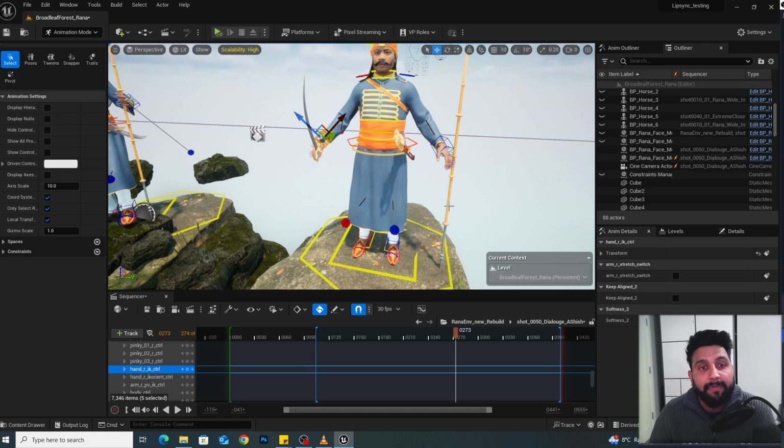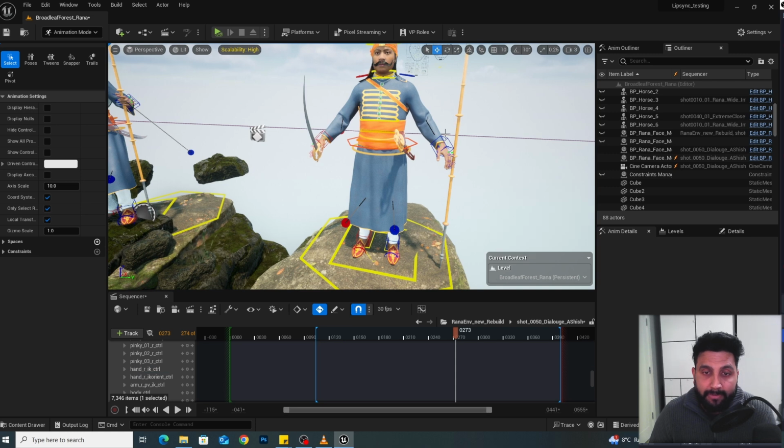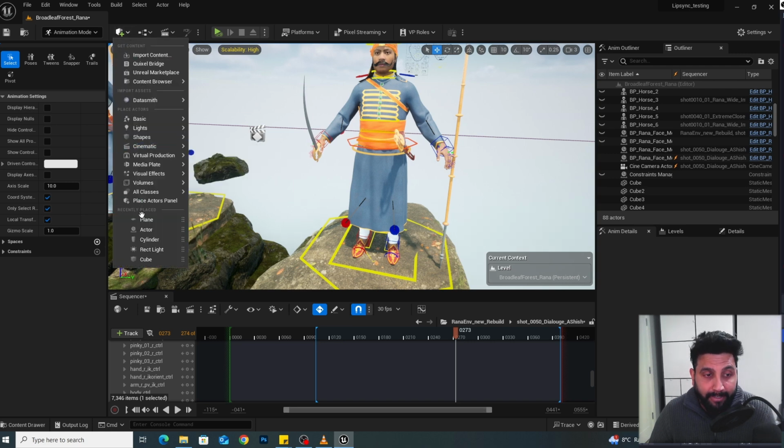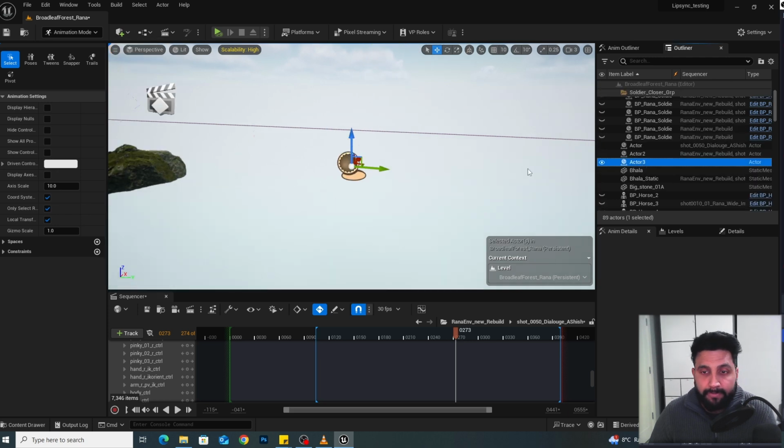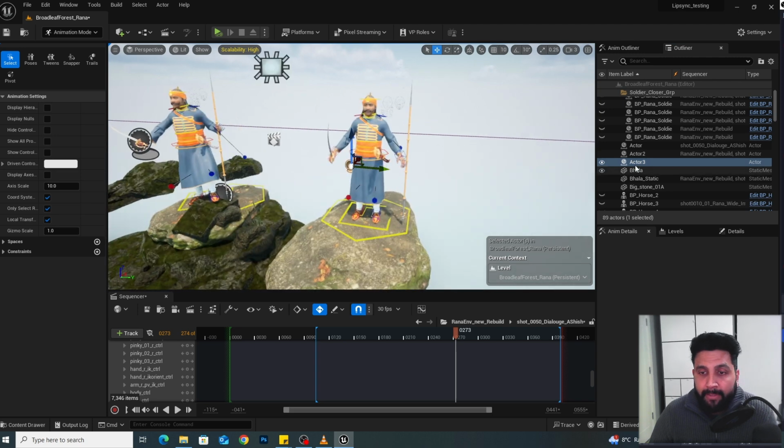The second thing is we will be using a few actors here, because we are not straightforwardly constraining this object to this IK or this object to this IK. There are two different methods of doing that in terms of hierarchy, but the actor is common between these two. So we are going to create a blank actor here. So stay with me, and here is actor 1. I'll just zoom in here. I'll give it a name, sword